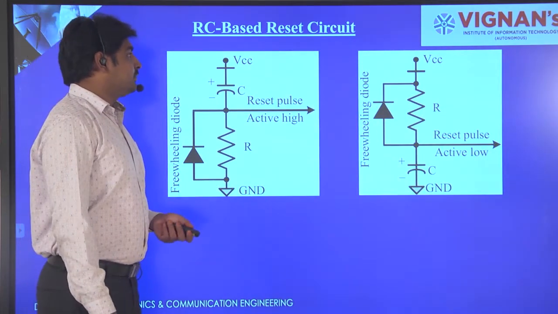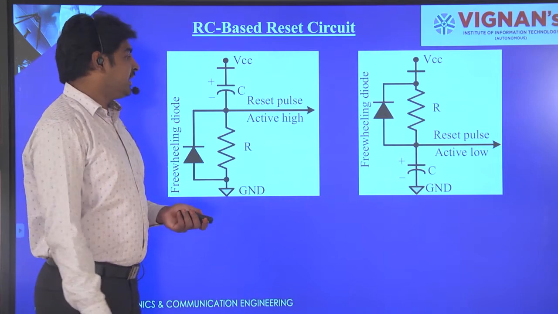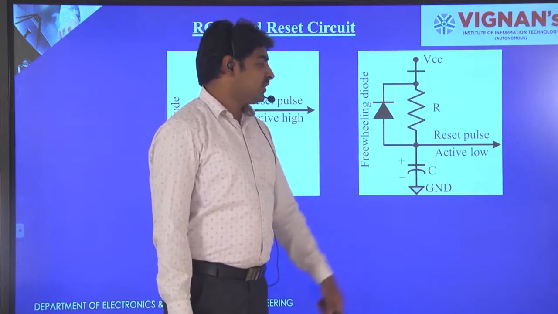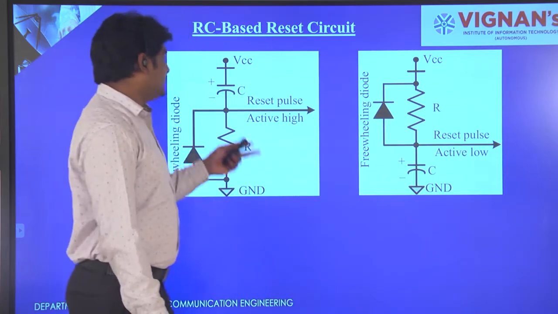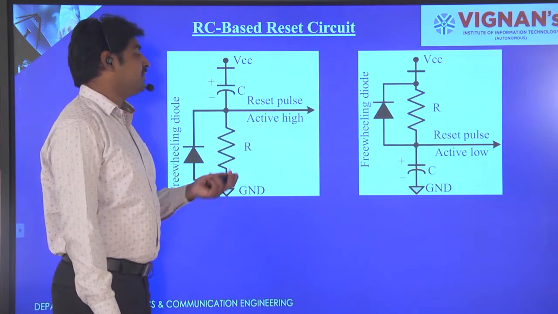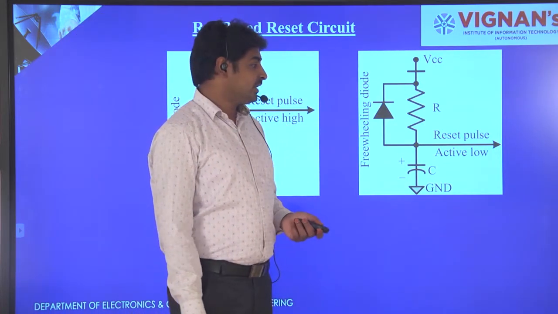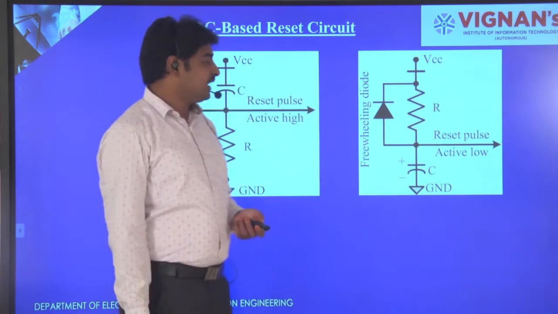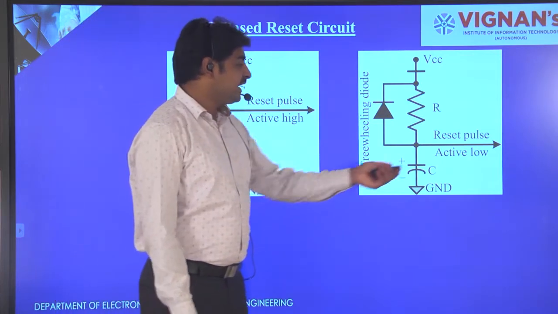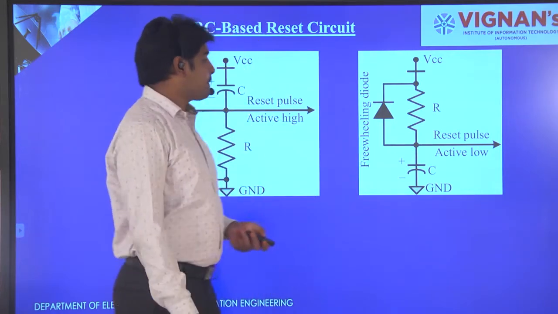Now these are the reset circuits. These reset circuits come in two categories, where one gives the reset pulse in active high form, and the other gives the output pulse in active low form. If you are using active high, then the embedded system will be reset only when your reset pulse is high. Similarly, if it is active low, your embedded system will be reset only when your reset signal is low. We can use either of these two devices, but most of the time we use active low reset circuits because these are quite immune to noise.